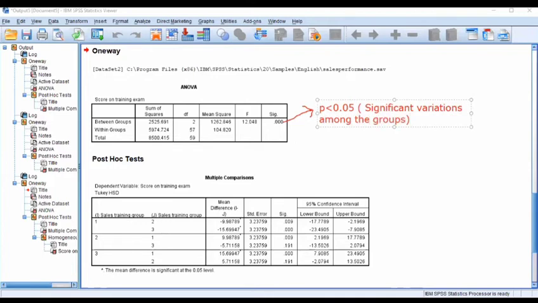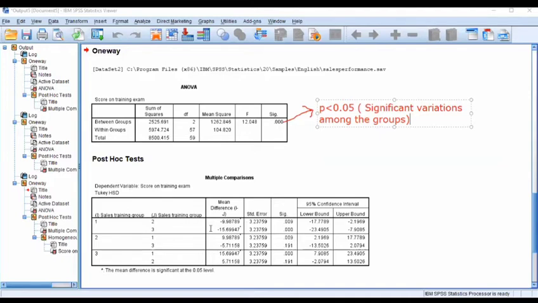That means there is a significant variation in performance among the groups with 1 day of training program, 2 days of training program, and 3 days of training program. Now, what will be the optimal size of training program? It can be known with the help of this post hoc test.